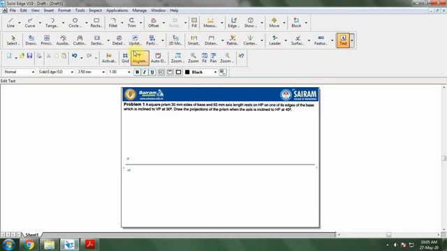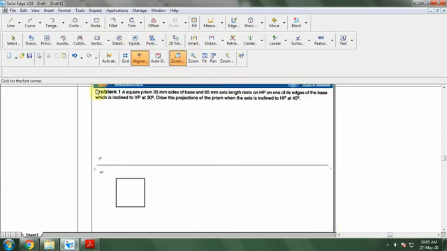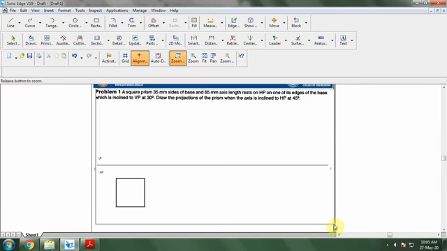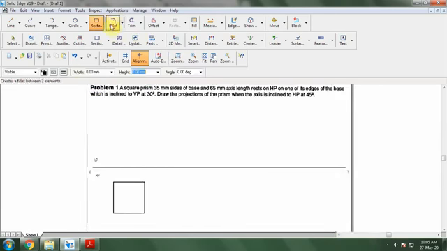So go for the rectangle option. I want to take 35 mm, again 35 mm, and it has to be an edge condition. So I want to take the edge condition. I want to zoom into the particular area. Okay, once you've done this, I'll go for the text option again.